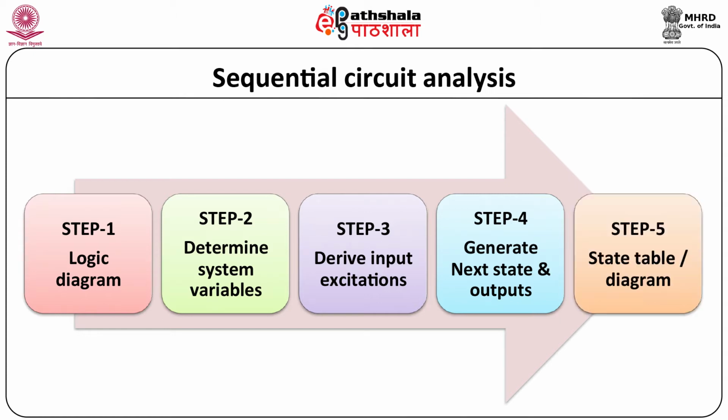Step 5. Prepare state table or state diagram. Identify all possible states of the state machine according to the number of state variables. Some of the states might not be used, those could be either do not care or absent. Using the next state equations, construct the transition table. Assign symbol to each state and construct the state table. Use the information about the states and their transitions to prepare the state diagram.